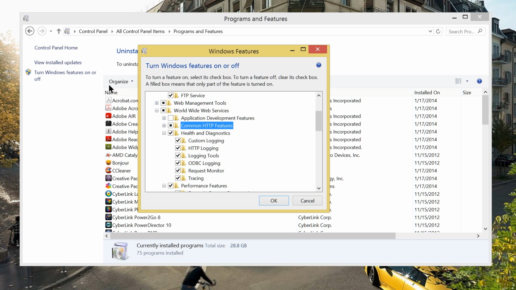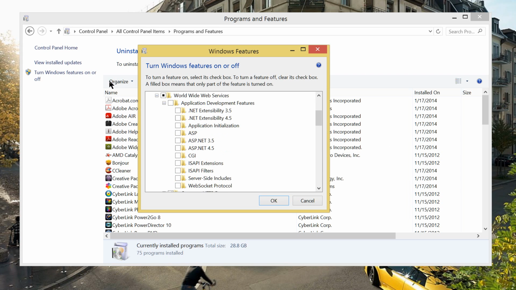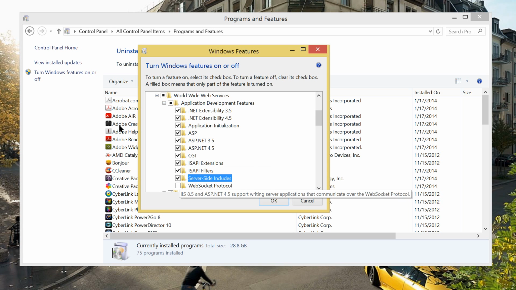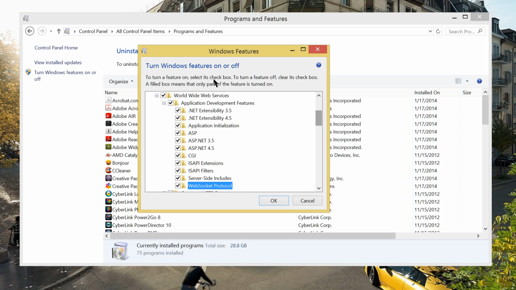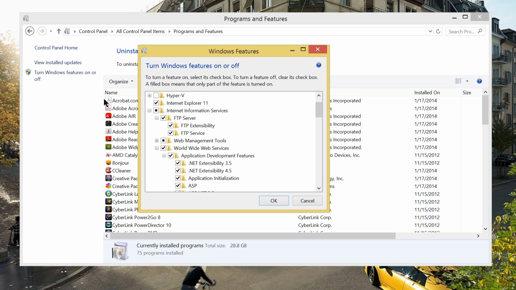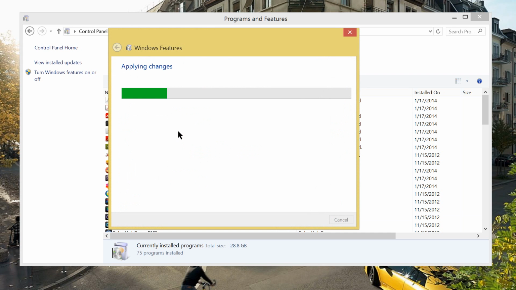This is all part of the World Wide Web features of Windows 8.1. Even here ASP, CGI, and then clicking on everything, it looks like we have it. Then click OK. Installing all the features.